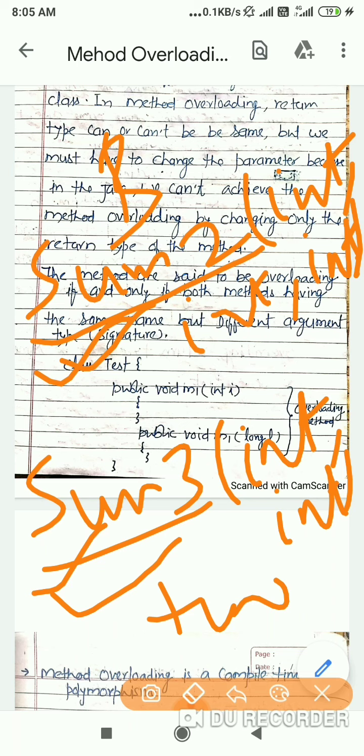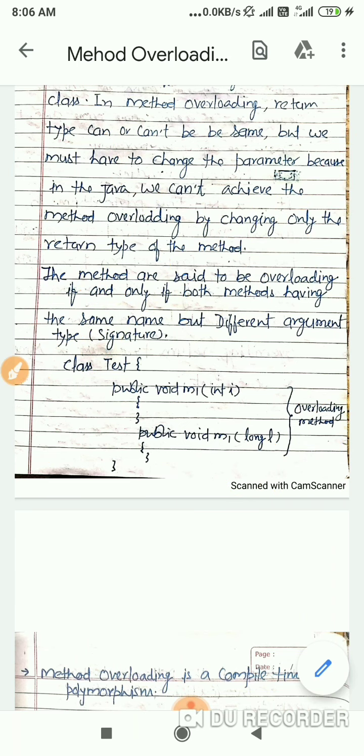With the help of overloading, we can accomplish this, and depending upon the argument passed, one of the overloaded methods is called, and this process helps to increase the readability of the program.